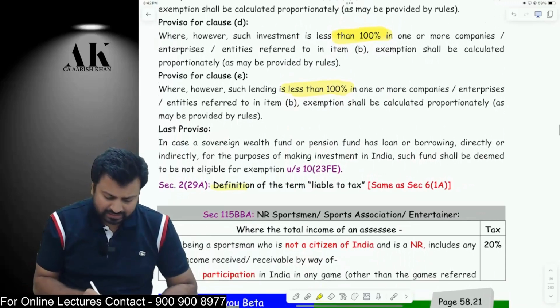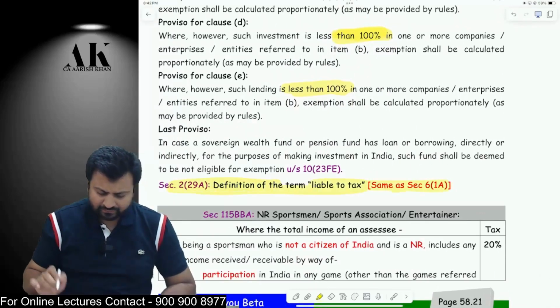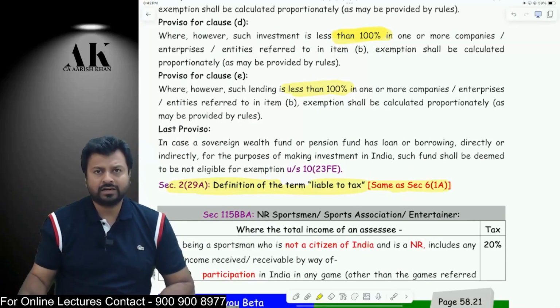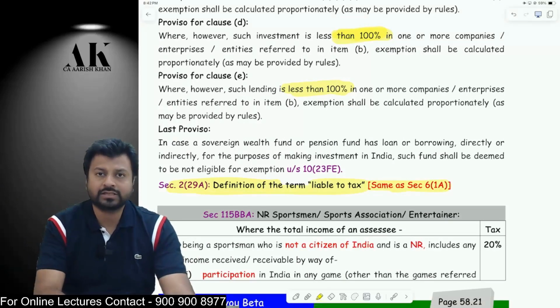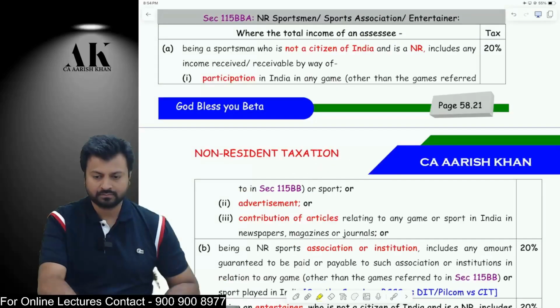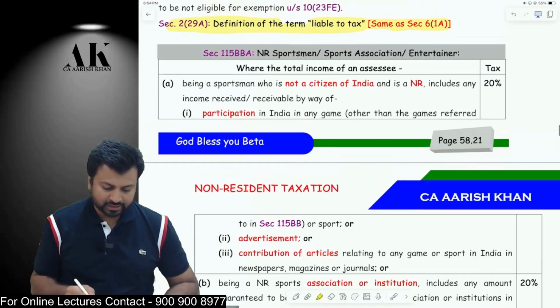Last but not least, they have given a definition of liable to tax, which is similar to what we have done earlier under the residential status clause also. I hope it is clear to all of you. Again, this section I don't think it's very important for exam. Now let's move on to the next section, which is very important